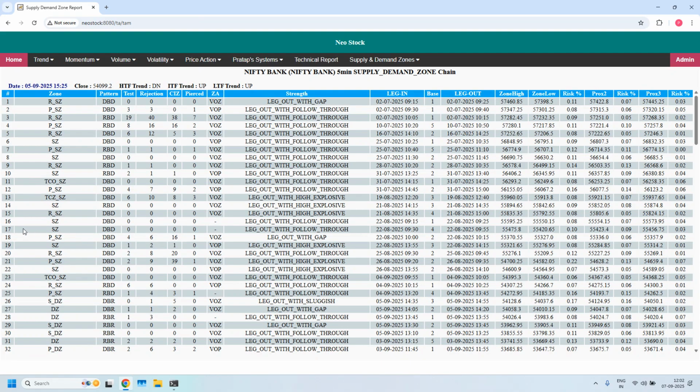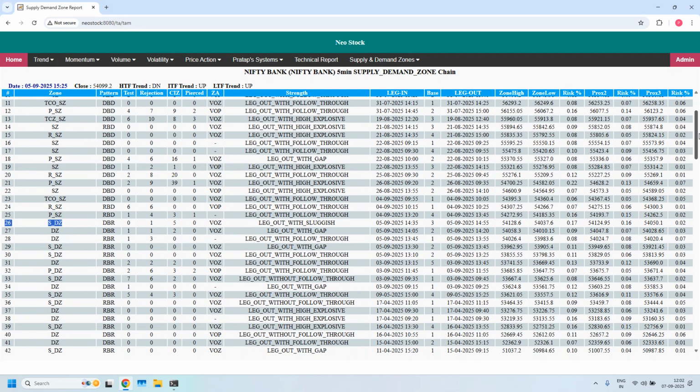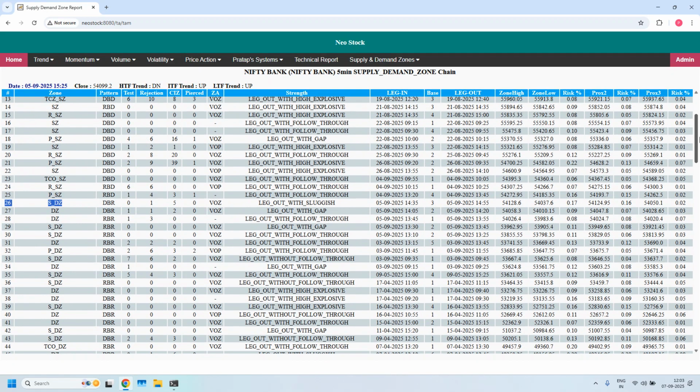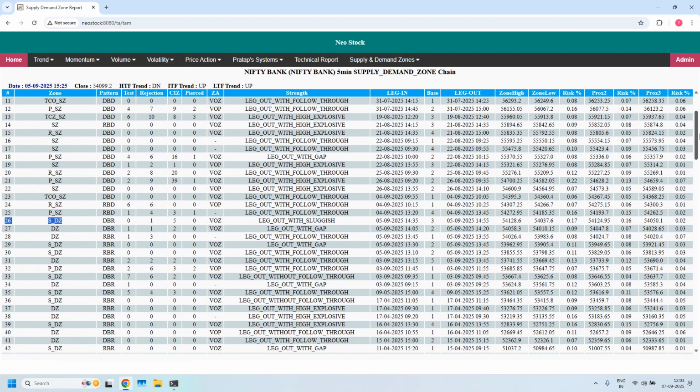The nearest demand zone for the current closing price is serial number 26. I will put it in the middle of the page. Okay. So we have completed Bank Nifty supply demand zone report. Next, I will generate